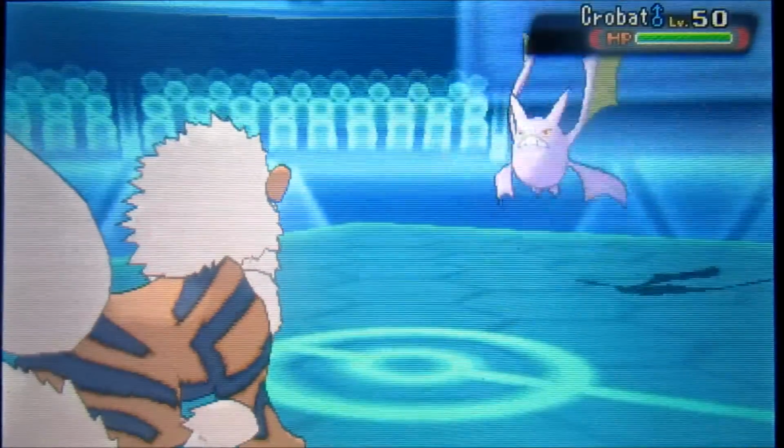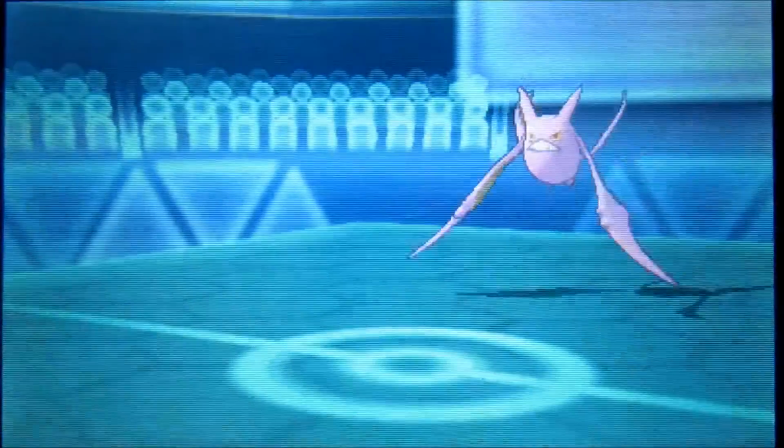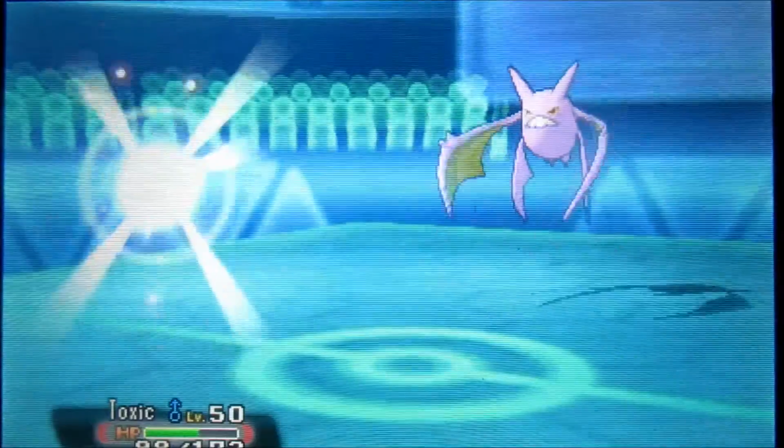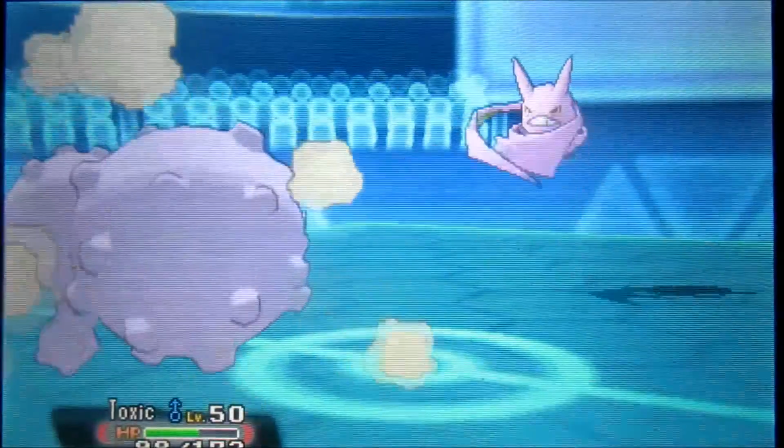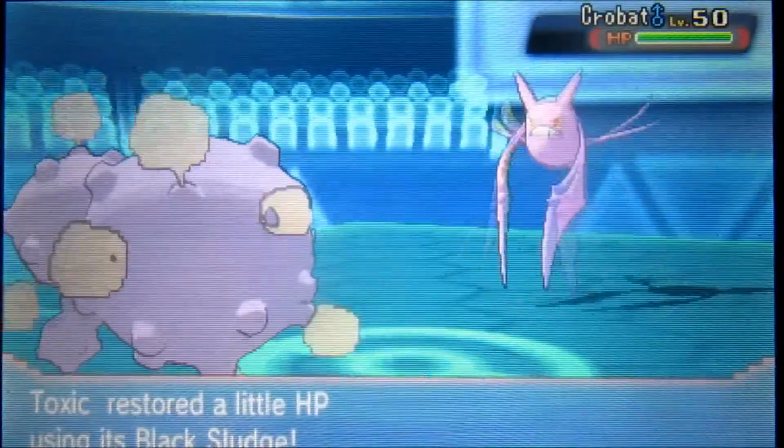Down goes this thing. I mean, Close Combat from a Banded Arcanine with Adamant Nature and bad defense is going to hurt a lot. So obviously I'm going to have to switch out here. Good play bringing that Crobat in, because I'm not going to be able to touch it. And it's a special Crobat, which is interesting, because I do see special Crobats run, but my personal thing is,